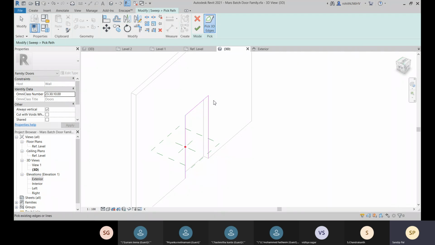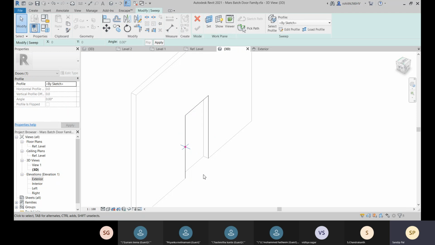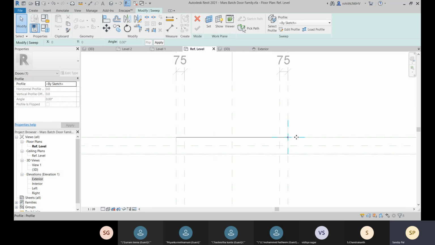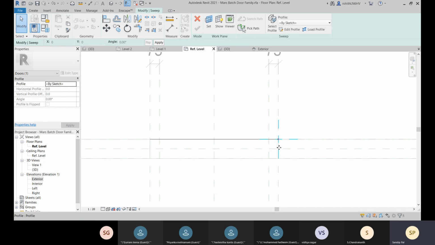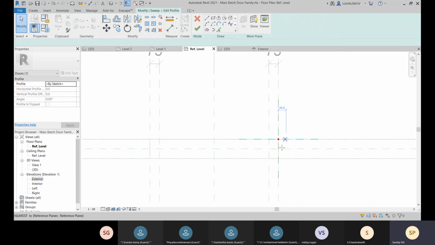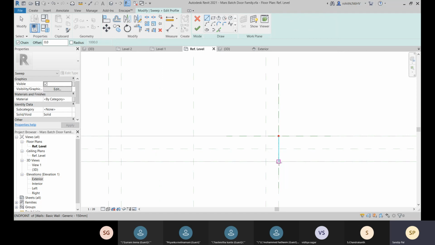This is your path for your sweep, and you go for finish edit, and then you come to reference level. Now here you can see that we have this option for creating our profile. So here we'll be creating our profile. Now let's go for edit profile option. All right, so let me go for this here.